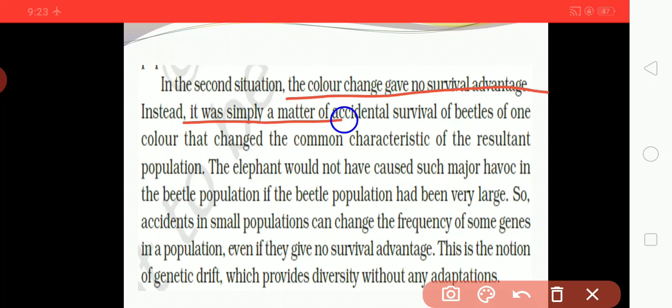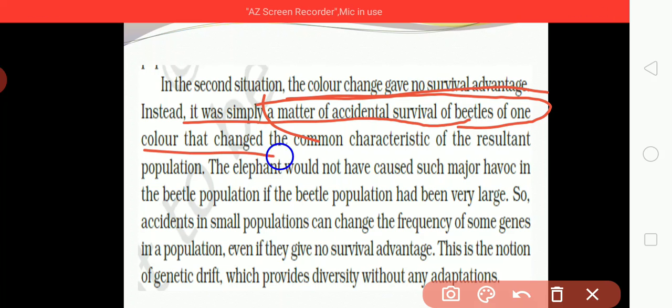Instead, it was simply a matter of accidental survival of a beetle of one color. Accidentally, a certain color beetle has survived, which is blue, because an elephant was putting his foot down, due to which all the red ones have been killed. And accidentally, or coincidentally, a blue colored beetle has survived, due to which the population of blue color